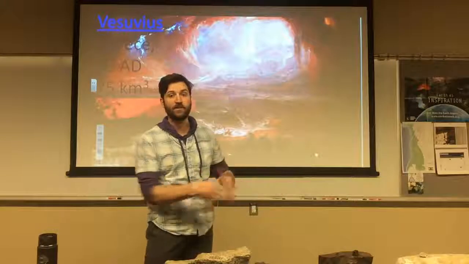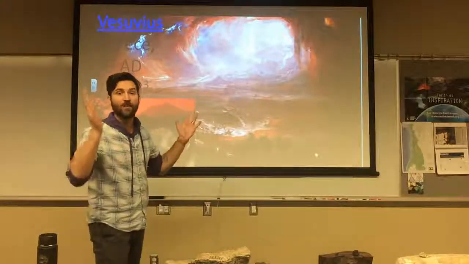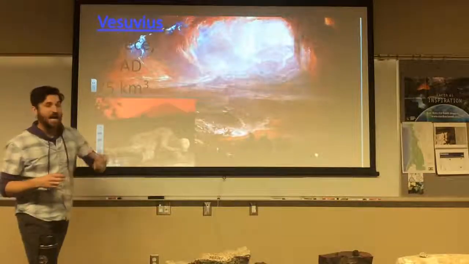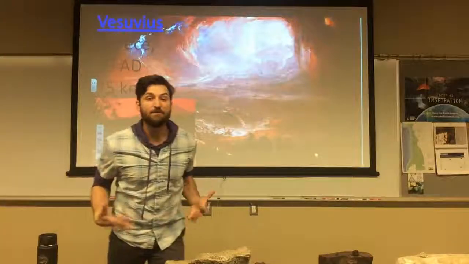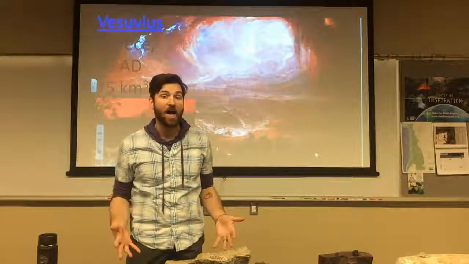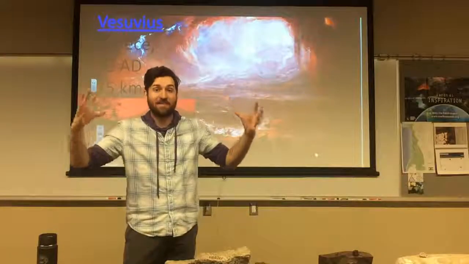This is hot stuff, a hot, fiery ash flow, a glowing cloud racing across the landscape, and there's nowhere to run, right? You can't go anywhere, you can't outrun this thing. This is moving at 125 kilometers an hour or more. And this fiery ash cloud, as it's coming towards you, it's hot. And remember, your body's made of water. What happens when water gets really hot? It turns into steam, it volatilizes, it expands.